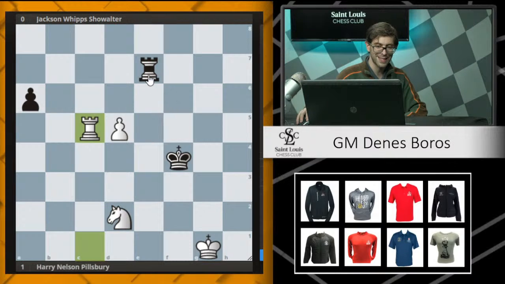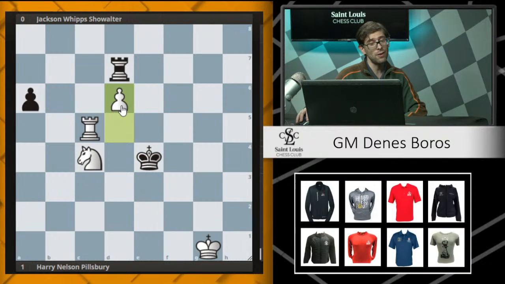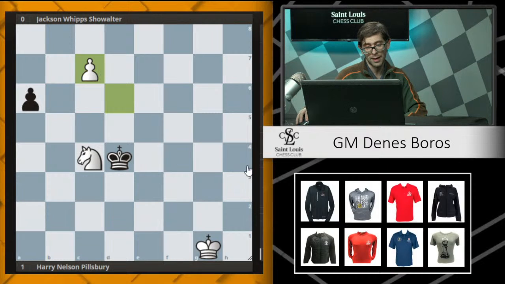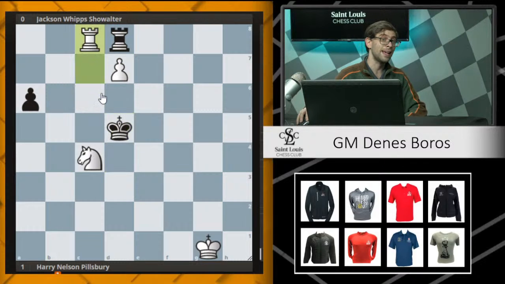But Showalter misses this last chance. But now Pillsbury is accurate, plays knight c4, takes away that square. King e4, d6, and now it's too late, because after king d4 there's rook c7. You can't really capture because the pawn is going to promote now. So rook c7, rook d8, d7, and this runs into rook c8, where black resigned, because if you take, there's knight b6 check. Fittingly, another counter-attacking move by the knight, just attacking both the king and the rook, and therefore